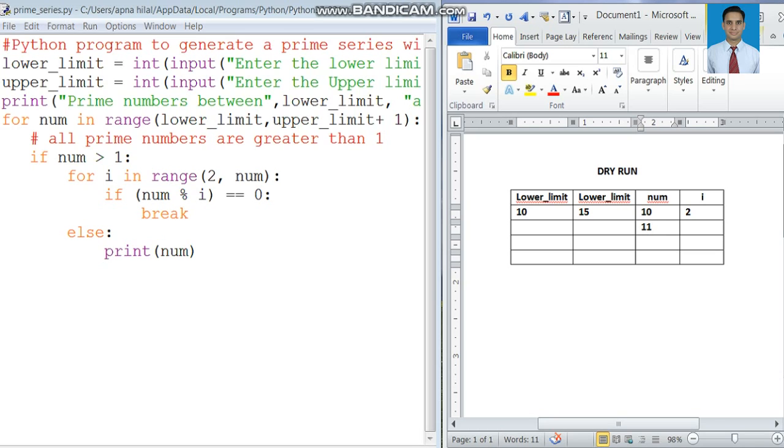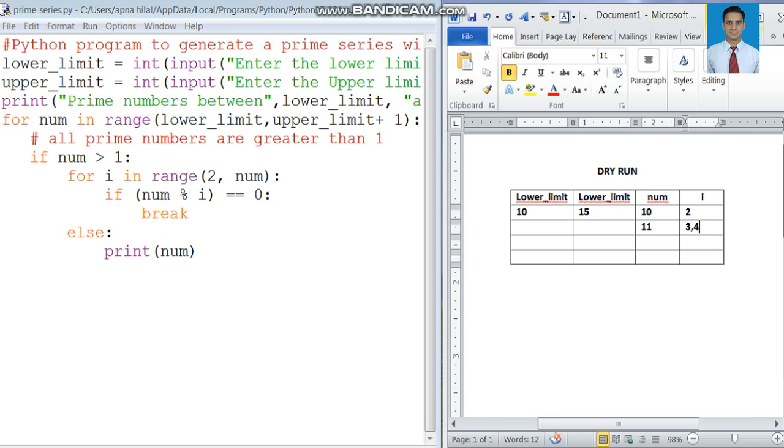So again the for loop will execute, and the value of i will now be 3. Is 11 modulus 3 equal to 0? No. Again the value of i will be 4, then 5, 6, 7, 8, 9, then 10.